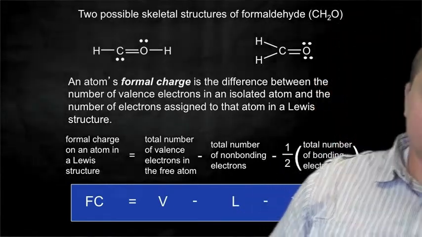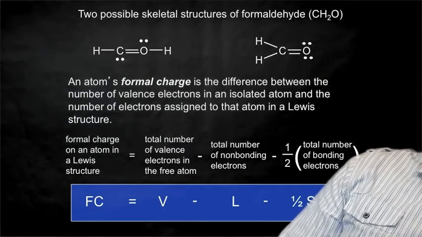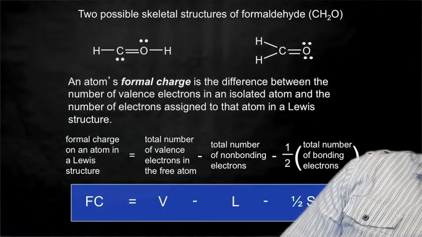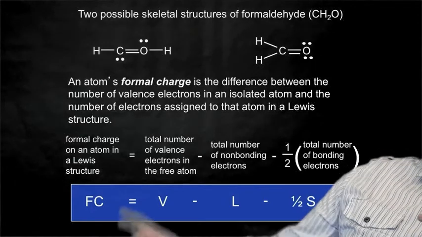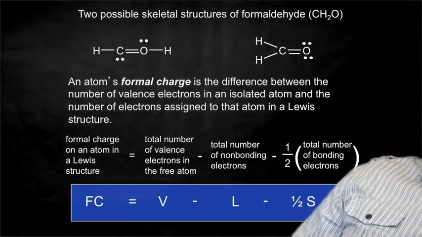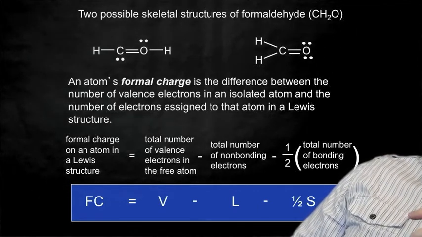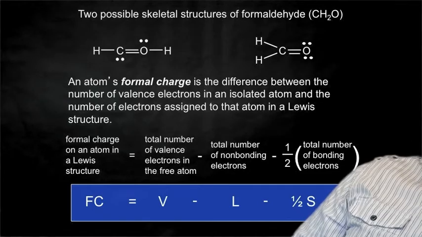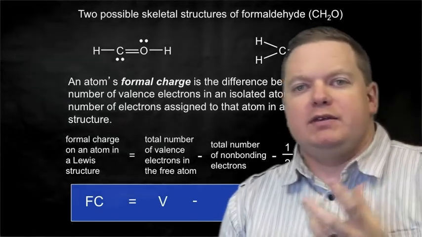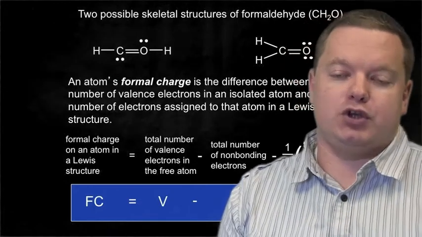This structure can have 2 possible arrangements that follow these rules. We can have the hydrogen bound to the carbon, which is double bound to an oxygen, to a hydrogen, or we can have both hydrogens bound to that carbon, which is then double bound to the oxygen. Which one of these is the preferred structure will be determined by what we call the atom's formal charge,